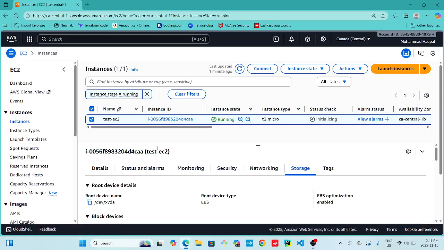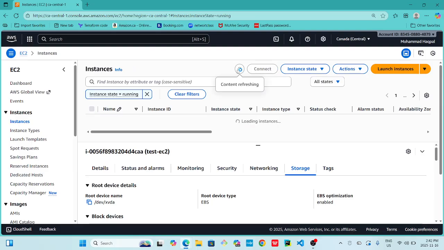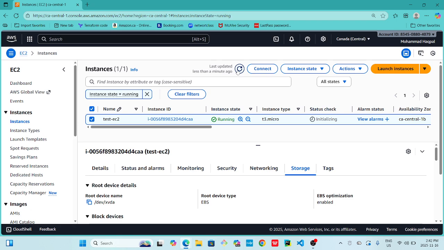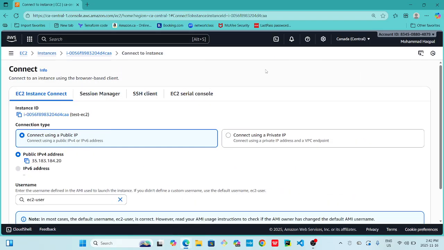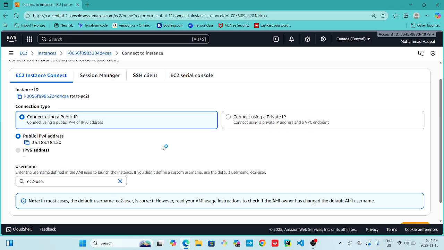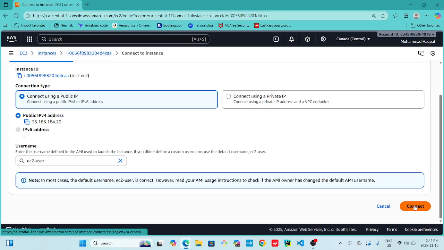To access the instance that I already made, you can refresh it, and after refreshing, there are two ways that I can run it. The first of them is Connect, and the second one is Cloud Shell at the top. If I click on Connect, because we didn't do anything, like we don't have the key pairs, I want to go connecting using a public IP. So I click on connect,